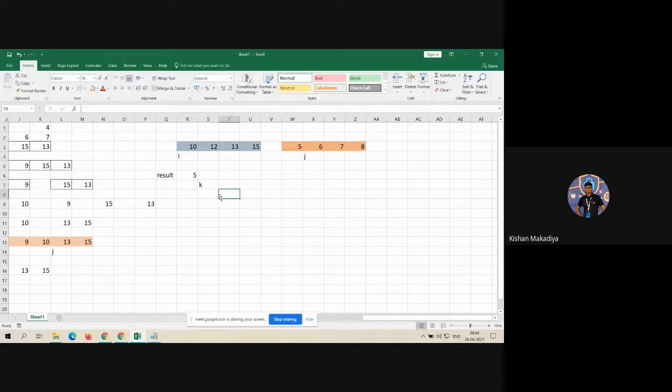Then what have you done? In the first step, you simply compare I and J. Initially J was here, so you are comparing 10 and 5. 5 is smaller, so I keep it in our result array, that index plus plus and J also plus plus. Now 6 and 10. Again 6, plus plus, J plus plus.